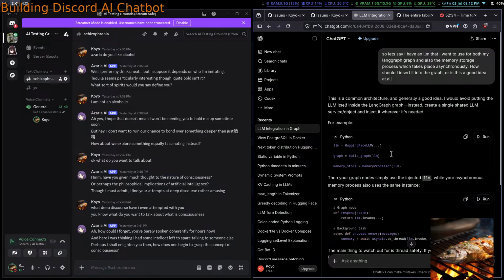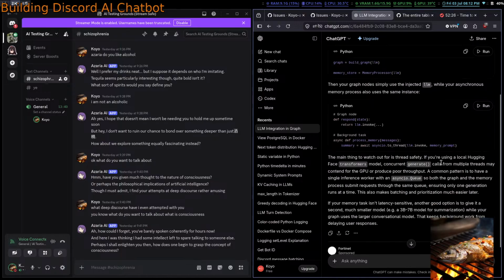Graph equals build graph. Okay. So I guess we just make a separate thing for build graph, right? Thread safety: concurrent generate calls will cause the GPU to explode.